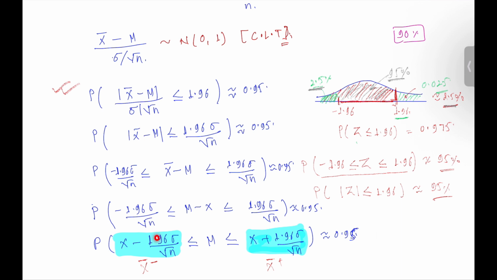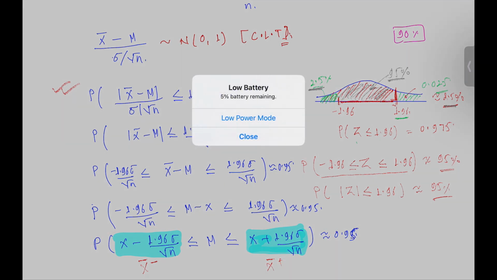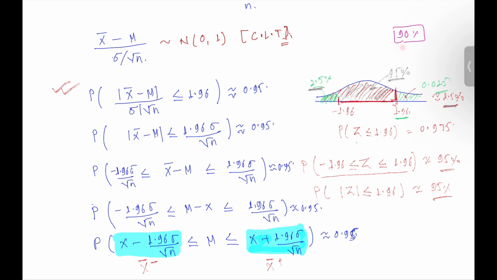If you observe, you just need to find this number, right? And then this number corresponds to constructing the confidence interval for 95%. And if you would like to construct the interval for 90%, right? So you just need to look at,